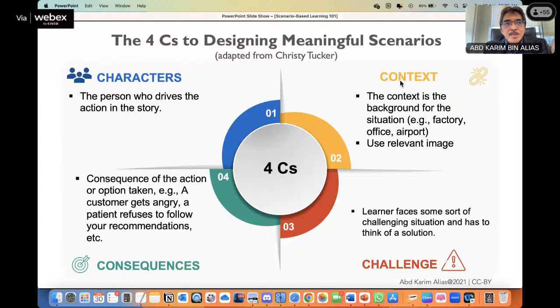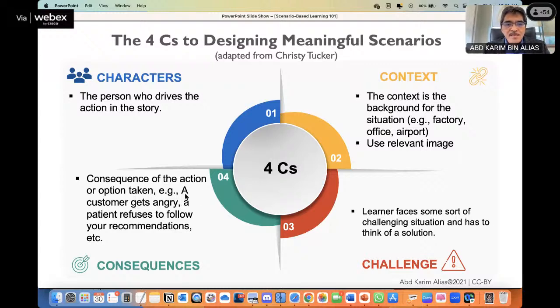The image is not compulsory, but highly recommended, because the image illustrates the scenario, making it more interesting and more engaging, because the learner can visualize the scenario, and also to spice it up.